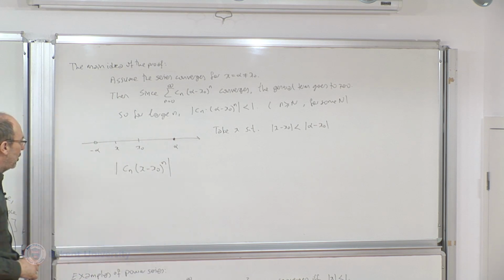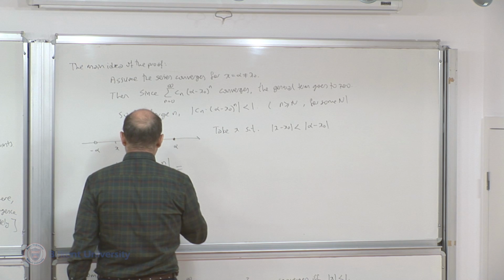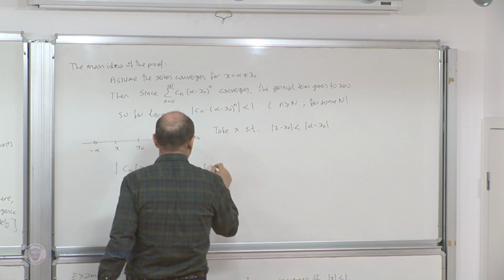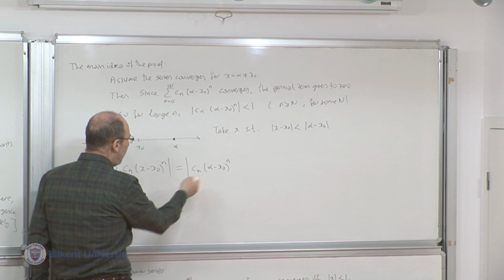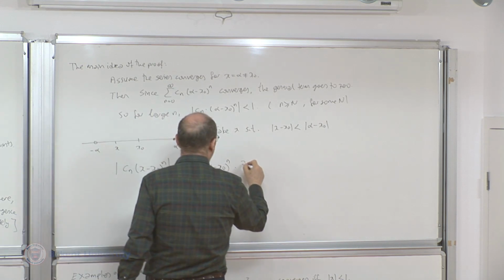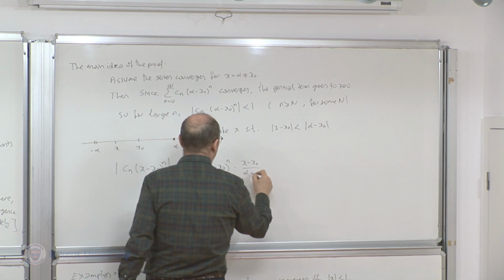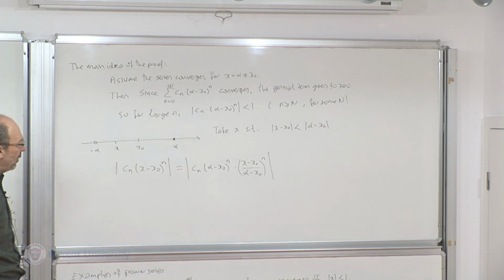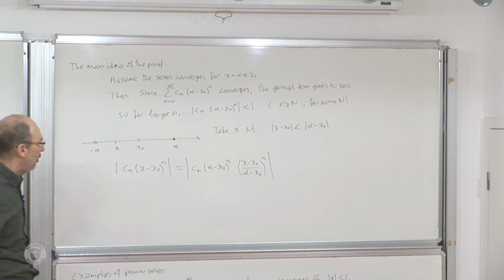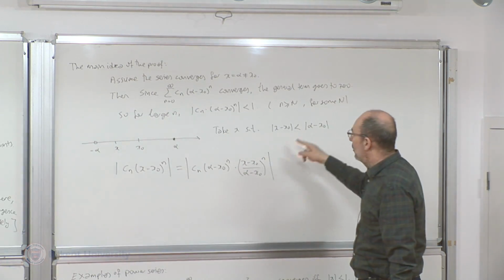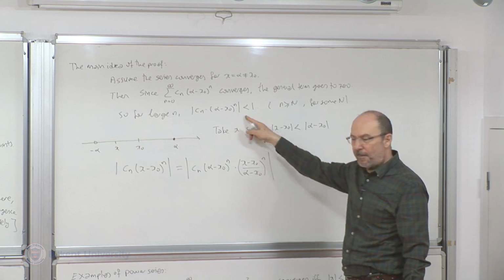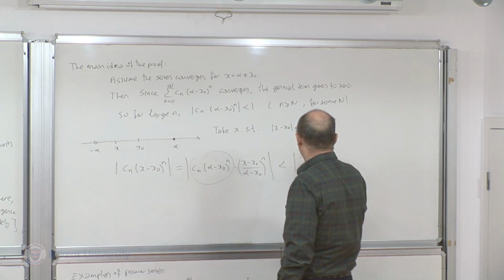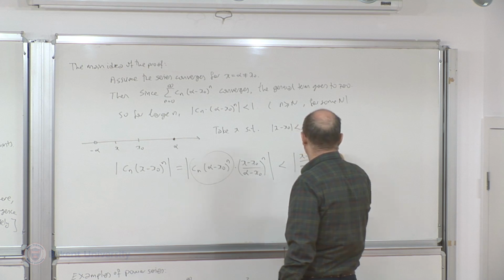Okay, so what happens to the general term of this? Okay, so this is the trick. You multiply and divide by the same thing. You multiply this by (alpha minus x sub 0)^n. So I multiply this, therefore I have to divide this. So I have ((x minus x sub 0) over (alpha minus x sub 0))^n. I multiplied and divided by alpha minus x sub 0. Okay, so now you see this part for large n, this is less than 1. Okay, so this part is less than 1. So this is less than